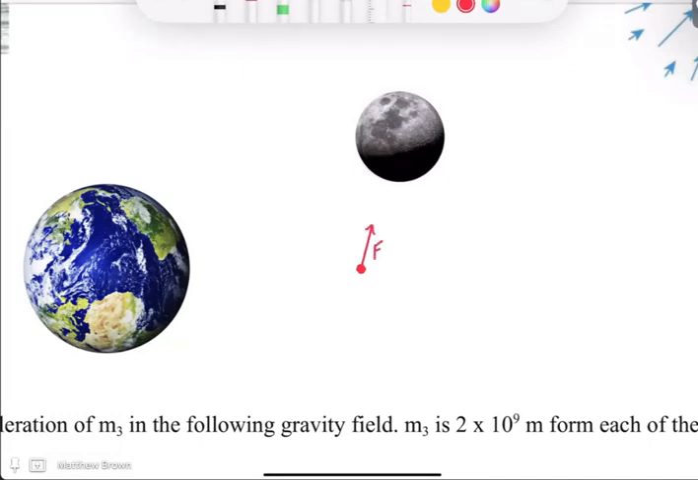We'll call that FG of the moon. And then there would be a force. Now, it's a little farther away from the Earth, but the Earth is also a lot more massive than the moon. So it would also probably experience a force a little bit bigger. That would be of the Earth. And so as a result, the total force that it would experience would be the sum of these two vectors. So the total force would be